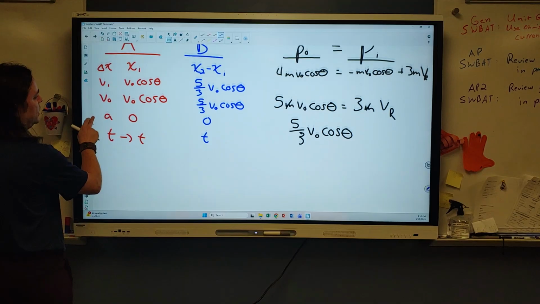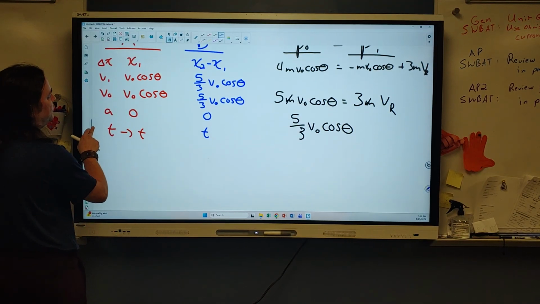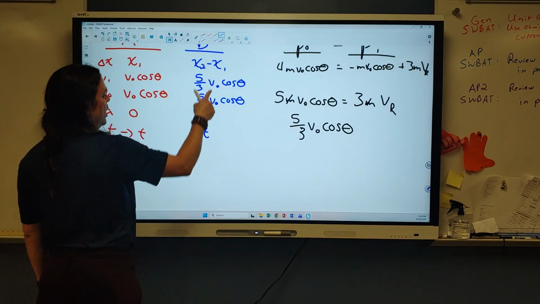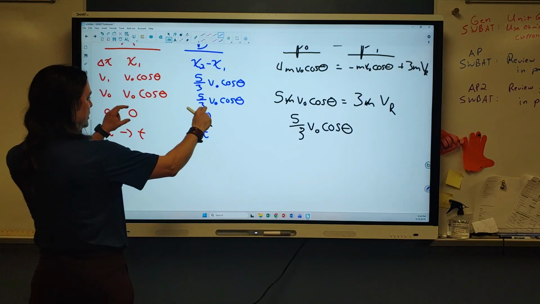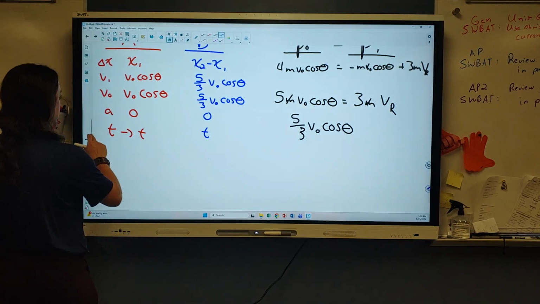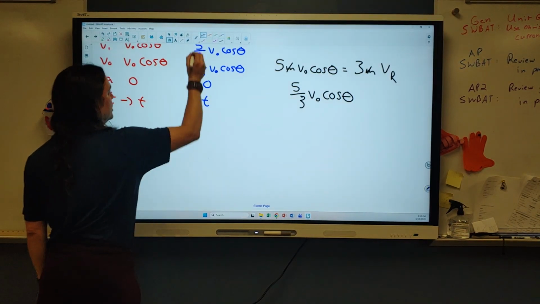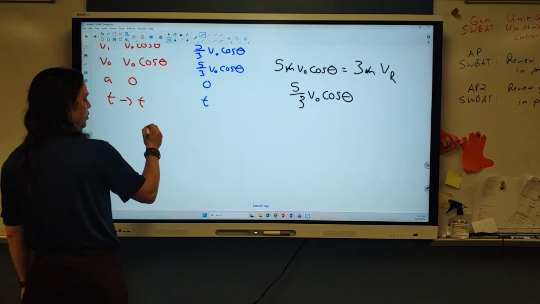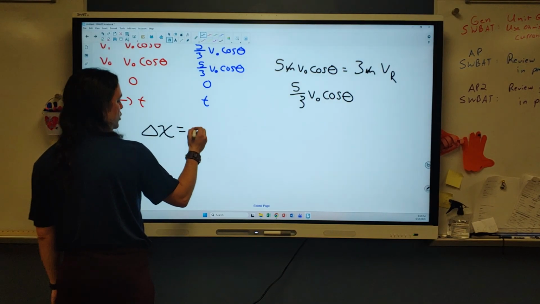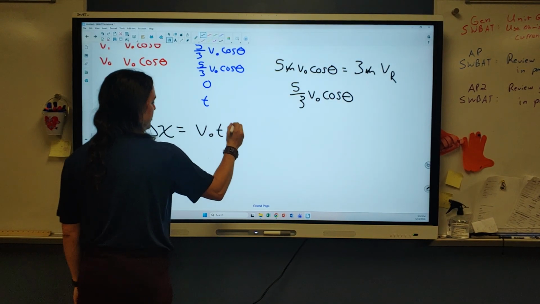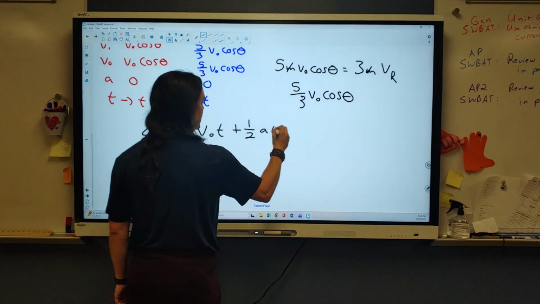This gets a little bit tricky, but one of the big things that I would say is the following. I know that I want x2. I know that I'm going to need to include time, because with 0 acceleration, we have a tendency of dividing by 0 and getting undefined answers. So broadly, we are going to use the kinematic equation delta x equals v0 times time plus 1/2 at squared